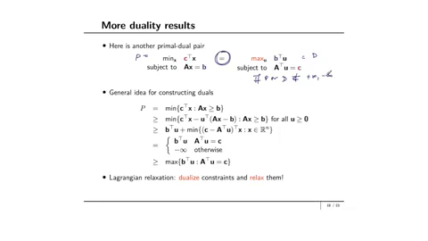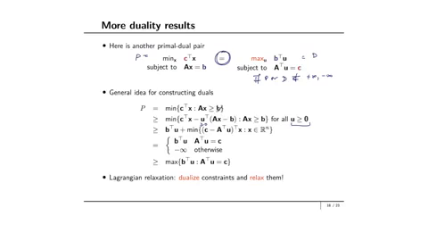So the last piece in this module, we're going to walk through and tell you how to construct a dual. It's a very general concept called Lagrangian relaxation, and we'll use that in the next module on nonlinear programming as well. So here's the problem. The primal problem is minimize C transpose X, AX greater than equal to B. Now I'm going to take a vector U which is greater than equal to 0, and so U is component wise greater than equal to 0, and remember AX is going to be greater than equal to B, so AX